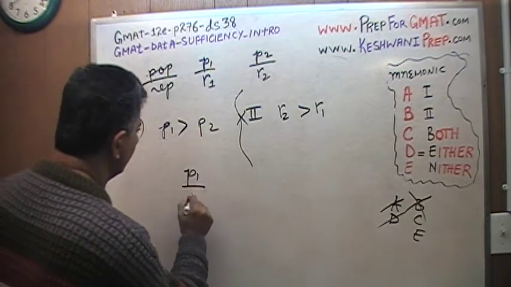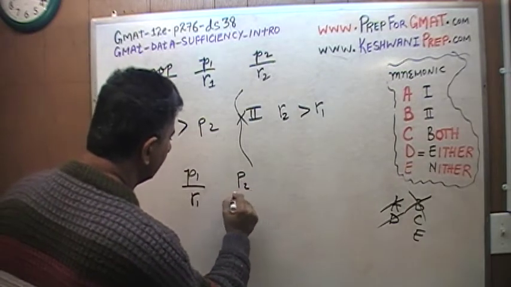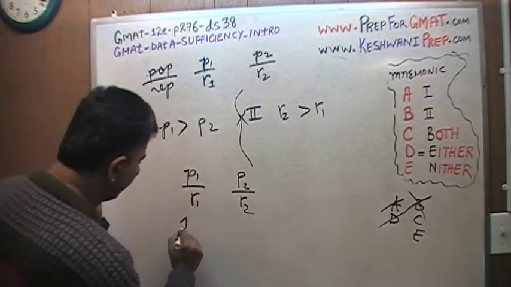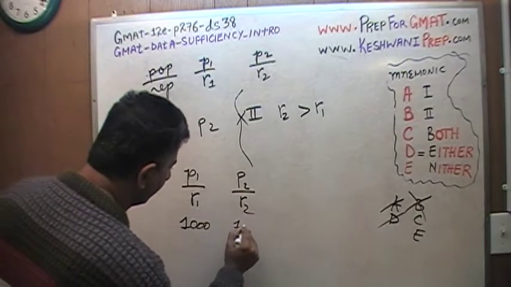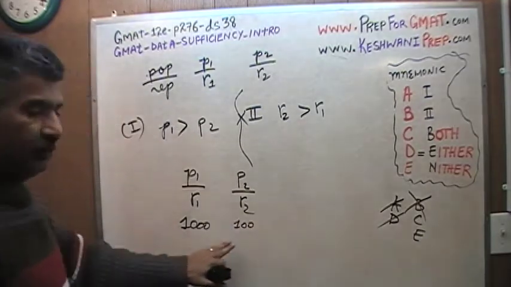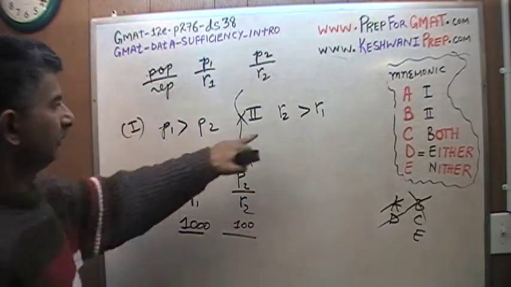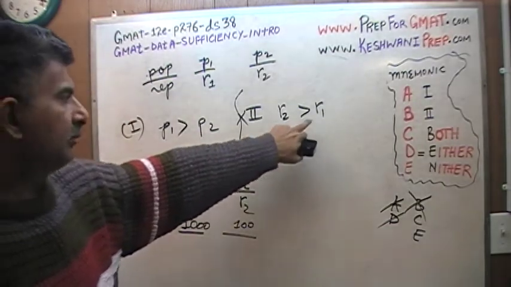P1 over R1 and P2 over R2. We know here P1 is greater than P2, so same as before, let's put down 1000 and 100. So far we do not know which ratio is greater because we do not know anything about R1 and R2. But when we go to the second statement, it clearly tells